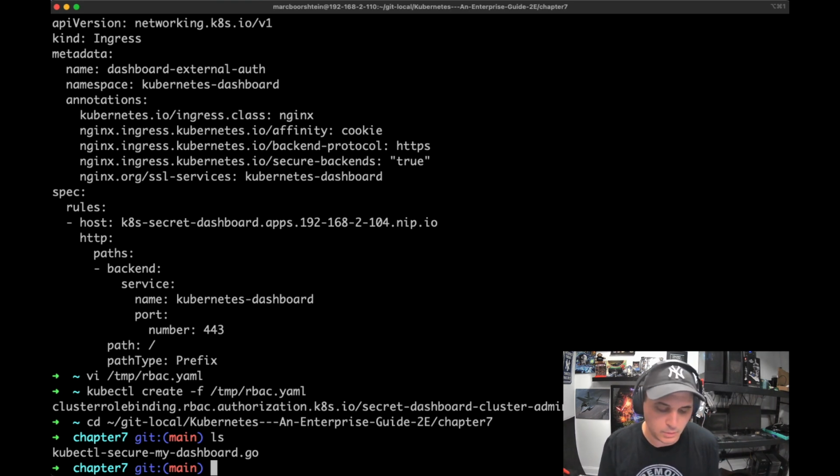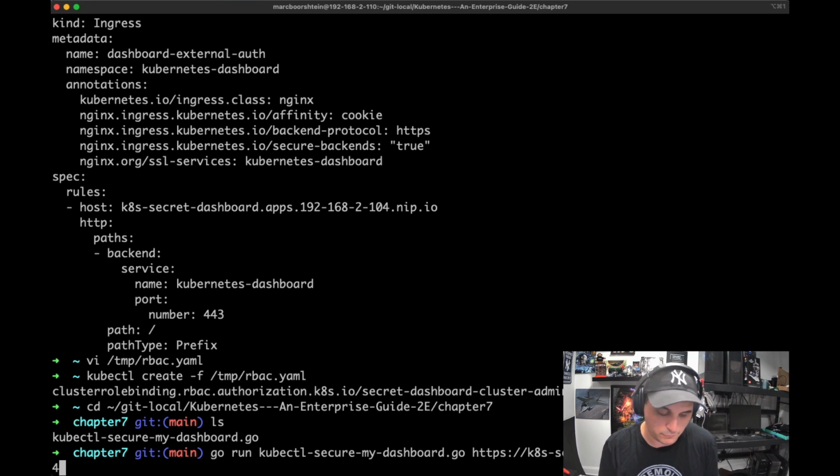So let's do go run kube control secure my dashboard .go, and we'll do HTTPS k8s secret dashboard.apps.192.168.2.104.nip.io. So what we're going to do here is lock down our dashboard, and show